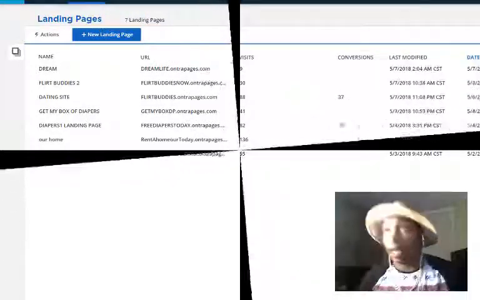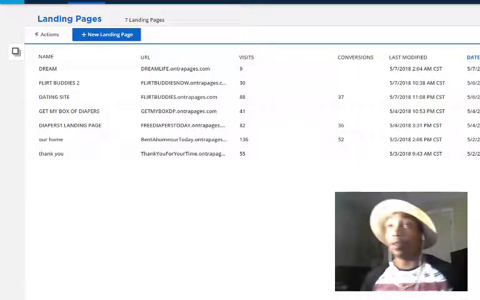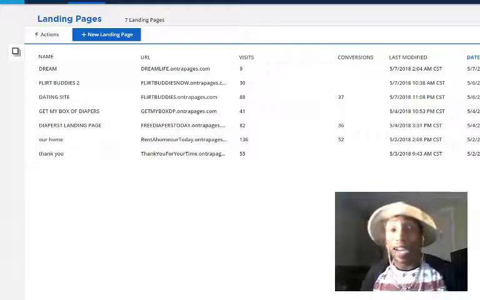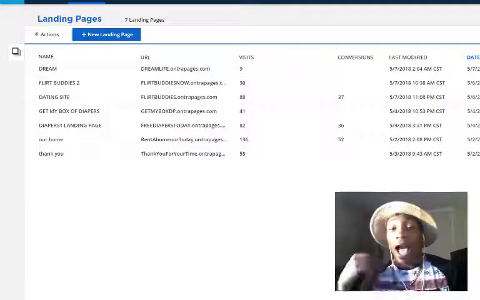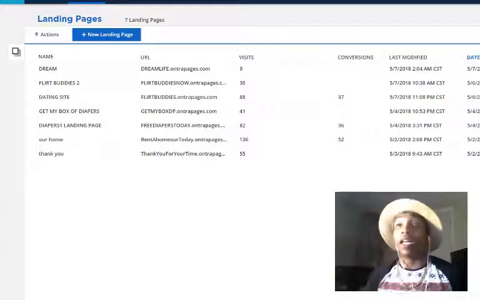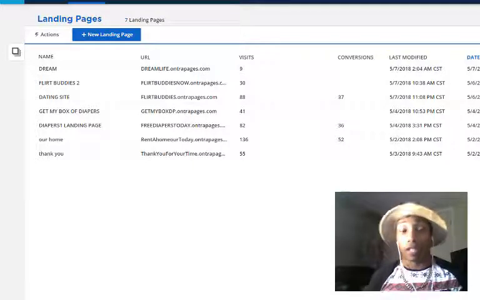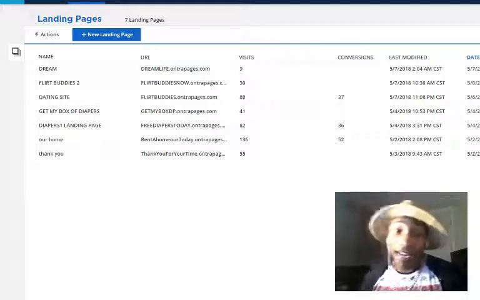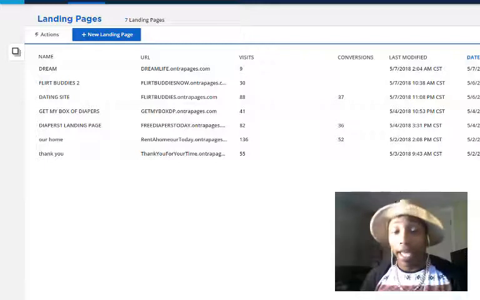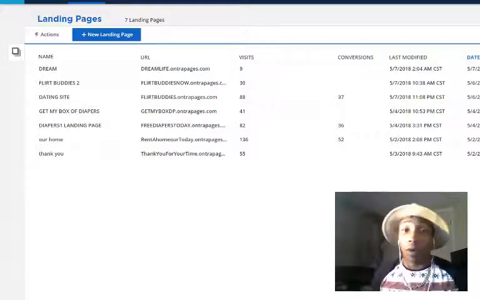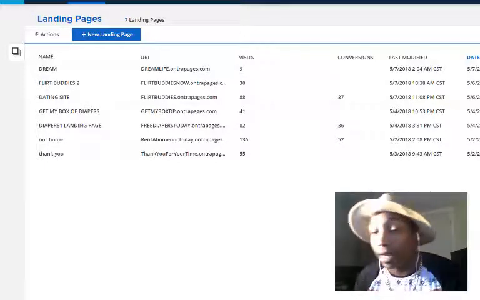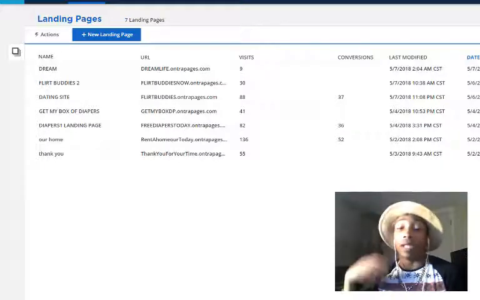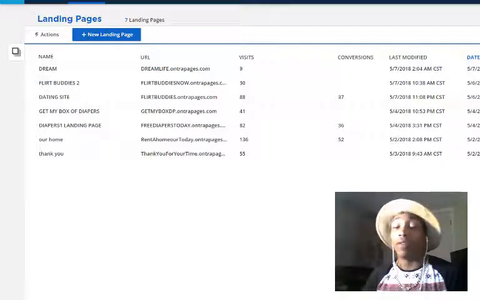All right, so today we're going to talk about two factors. We're going to talk about testing to see how our landing pages are working and how they might be converting. This is how you can tell if they're converting or there's something that you need to change on them, and kind of a sense of tracking and knowing where your clicks are coming from. If you don't have any money to pay for Click Magic or any of those high price tracking